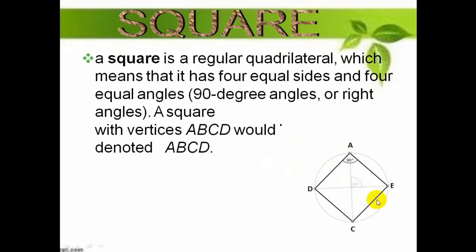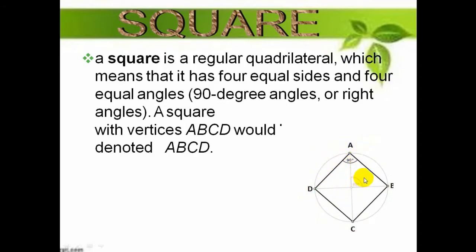So you see over here in this figure, this is a circle inscribed in a square shape. So in this square, the lengths of all four sides, AE, EC, DC, and AD are equal. And similarly, this quadrilateral has four angles: angle A, angle E, angle D, and angle C. The measurement of all these four angles are equal, which is 90-degree. So this is the square shape, 2D shape.